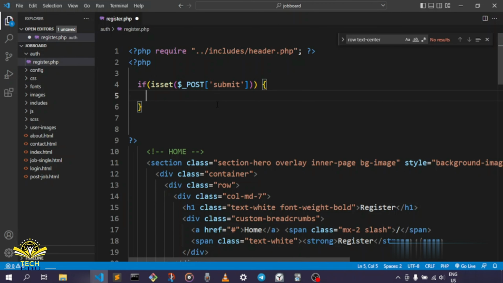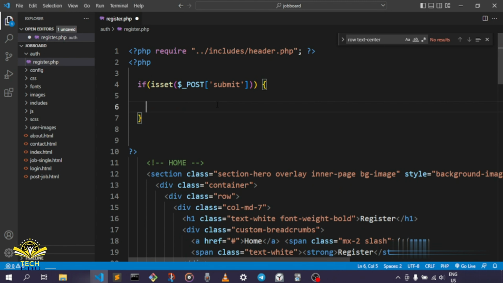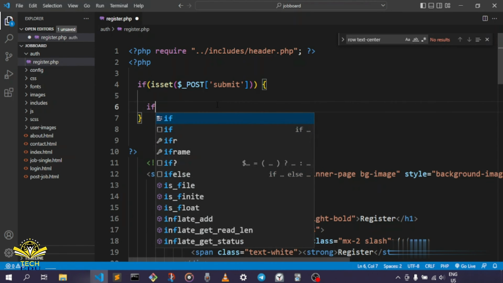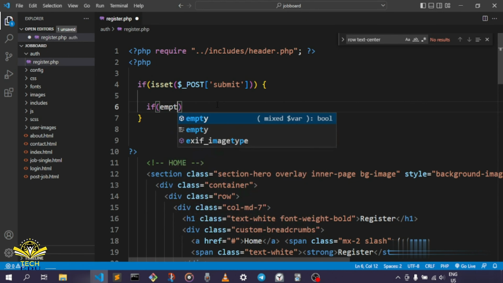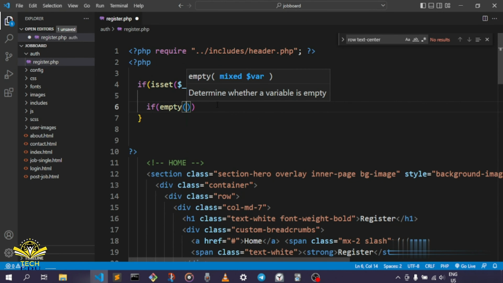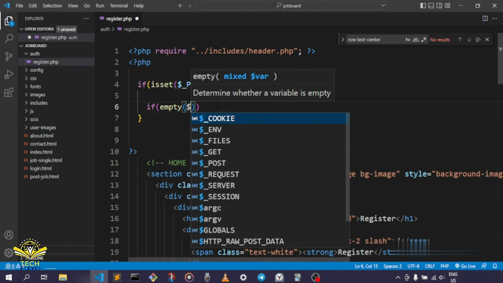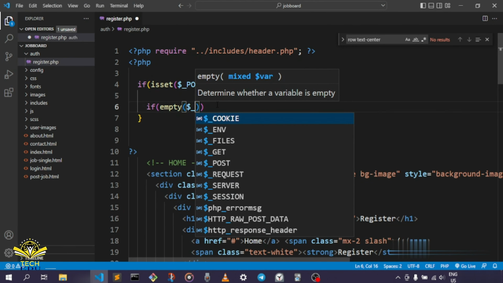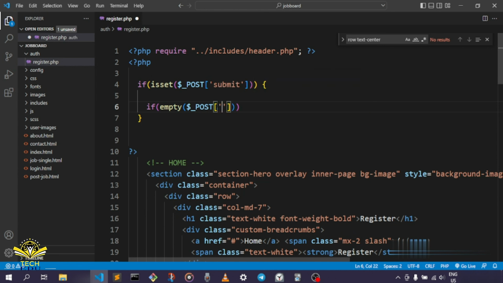We are going to check a couple of things first. There are going to be a couple of validations first. So we're going to go if empty, and we're checking first of all for the empty stuff. So we go post username,